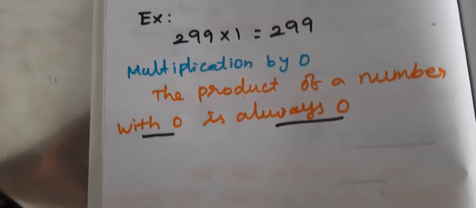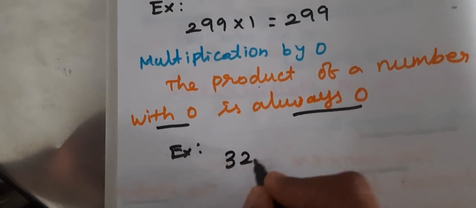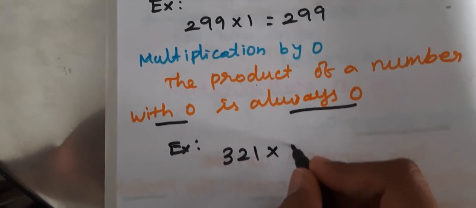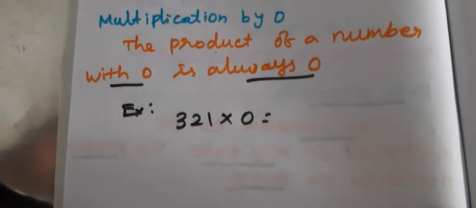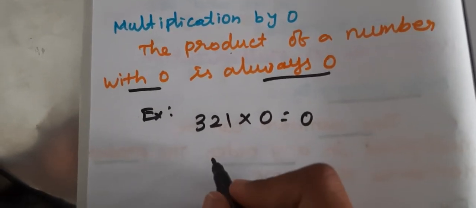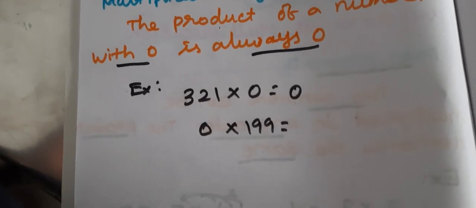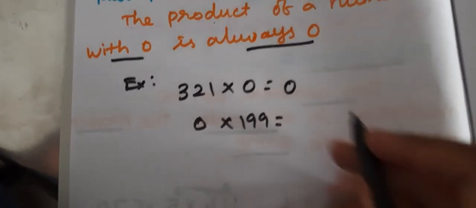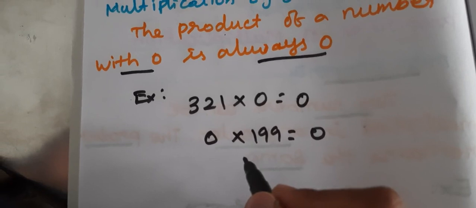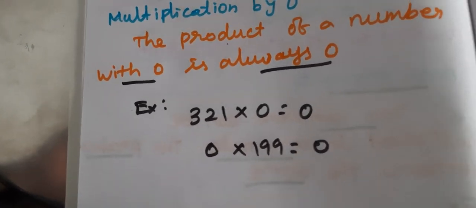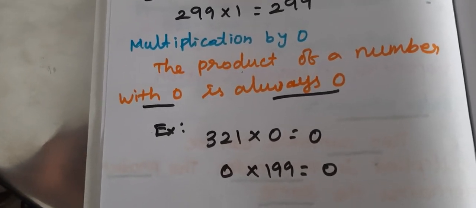Okay, now we see one example. So you are going to say the answer, so listen carefully because you already know that very well. So what is the product here? It's a 0 or 321? It's a 0. Very good. See here I give one more example. Now what is the product here? Yeah, this is also a 0 because if we change that order, there also we will get the same product. Okay, you have any doubts in this? Yeah. So properties of multiplication, it's over.